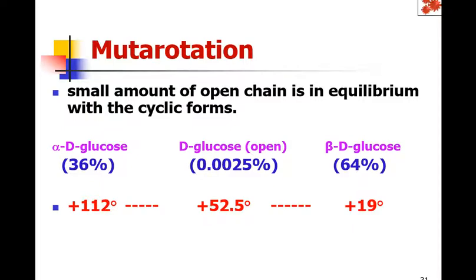To explain this, they understood that glucose exists in the cyclic form, and alpha D glucose and beta D glucose differ with respect to the first carbon atom in the H and OH positions. And at equilibrium, beta D glucose is predominantly present and alpha D glucose is present in less concentration compared to beta D glucose.